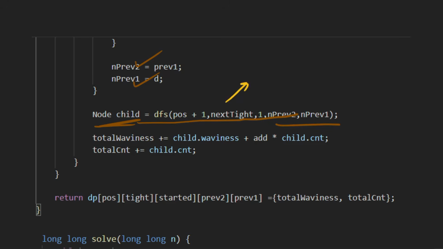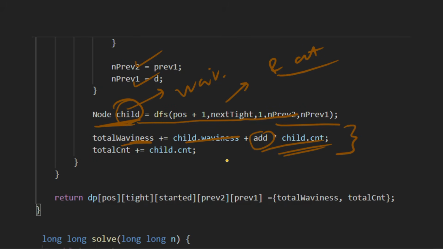And then in this child variable we get waveness and count, right? So total waveness of this state is equal to the child waveness plus the add value times child count. I have already explained how we get this, and total count is the child count. And after processing all the digits, we store the value in the DP and return that value, right?